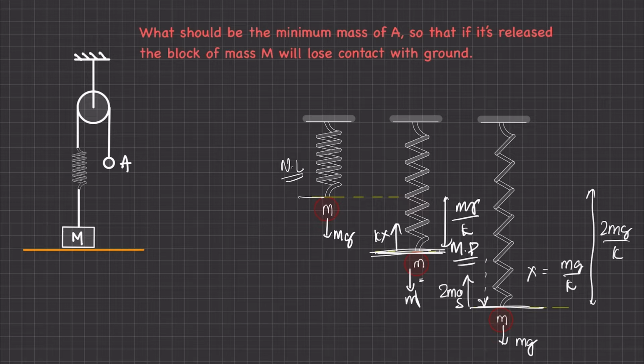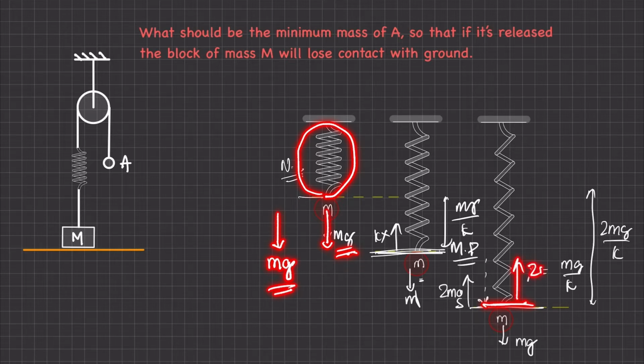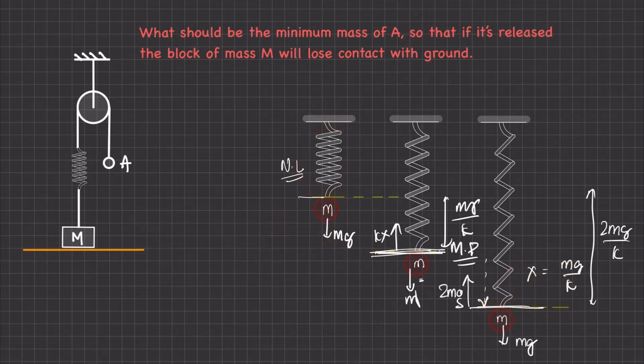We applied an external force which was a constant one, mg. And if we watch the spring, the maximum spring force developed was 2mg. Now we can take it as a theory that if a constant force F acts upon a spring, then the maximum spring force that can be developed is 2F, right? Now let's come back to our problem.